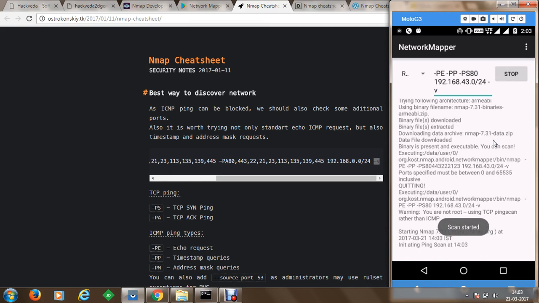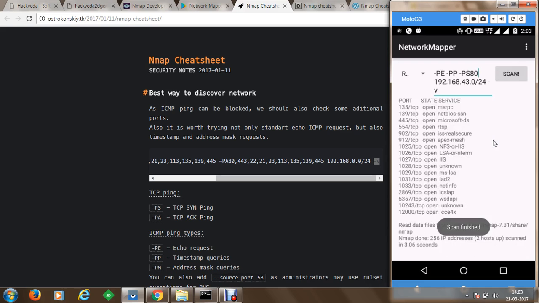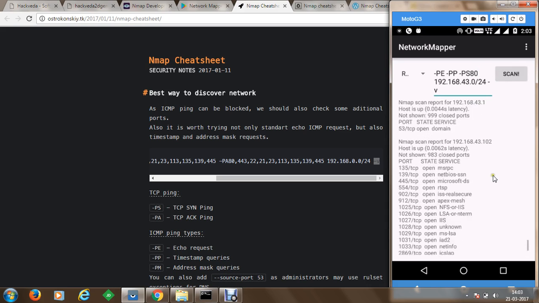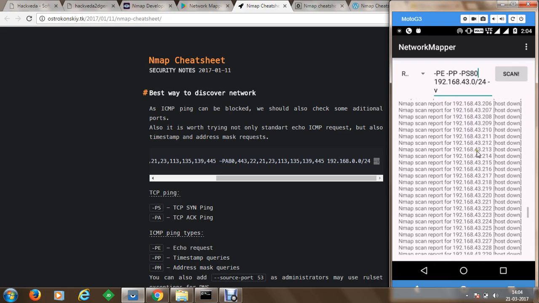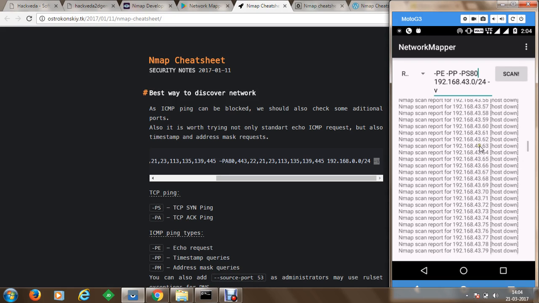And now you can see that the scan has quickly been started, and the scan has been executed. We have identified 2 hosts are up on this network. So let me go to the top and see the report generated by this network mapper.